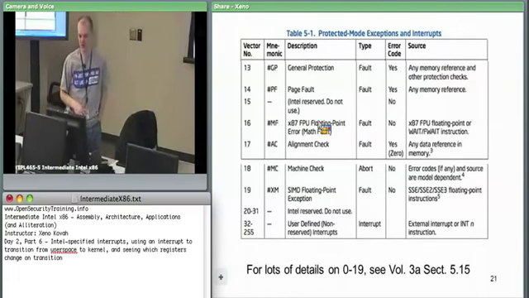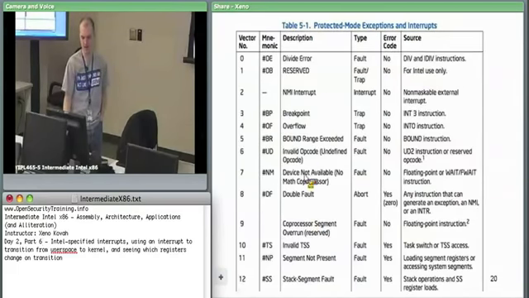That's why error codes really only pertain to hardware dumping some extra information onto the stack, but it's not always. That's all I really want to talk about. Page fault is key. General protection is a catch-all. And then breakpoint is a software interrupt: a software breakpoint in a debugger uses interrupt 3, and a hardware breakpoint using the hardware uses